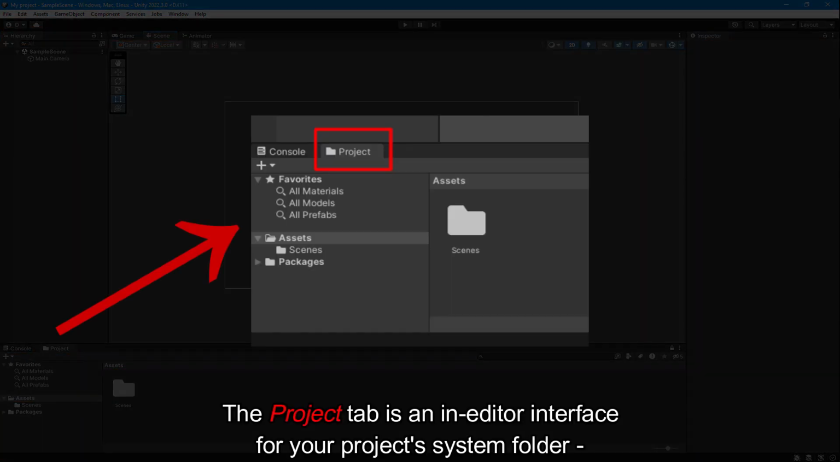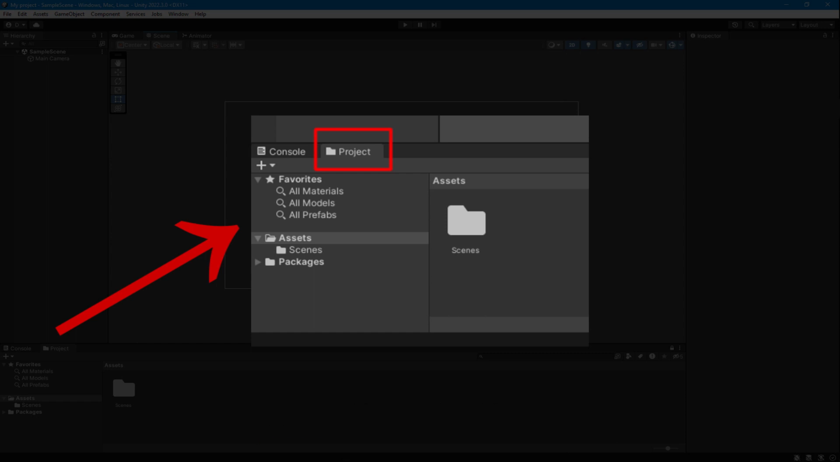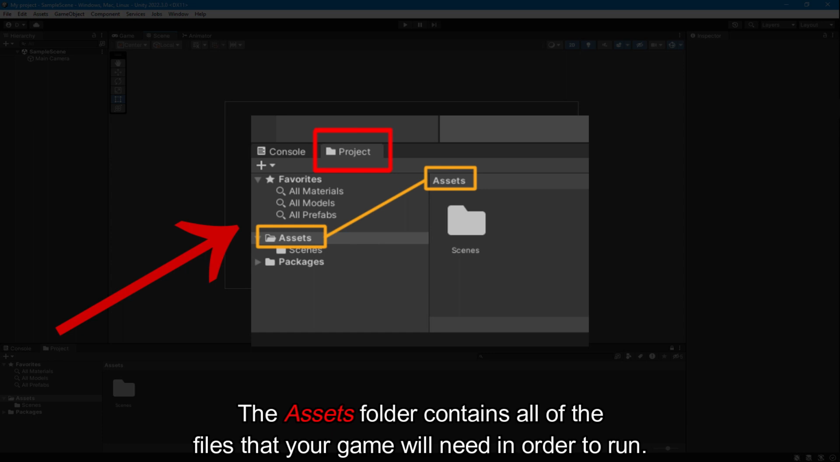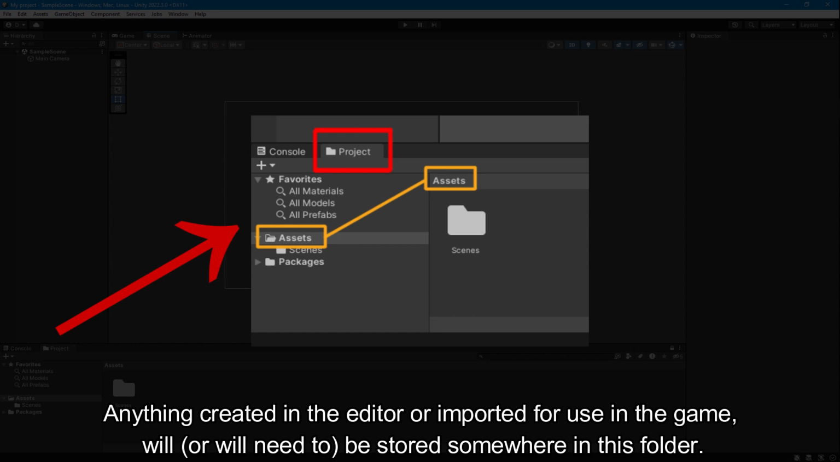The Project tab is an in-editor interface for your project's system folder. Under this tab, you'll find the Assets folder, opened by default. The Assets folder contains all of the files that your game will need in order to run. Anything created in the editor or imported for use in the game will need to be stored somewhere in this